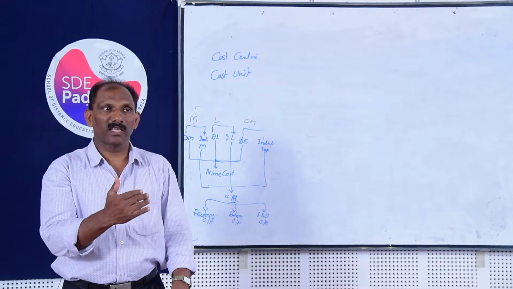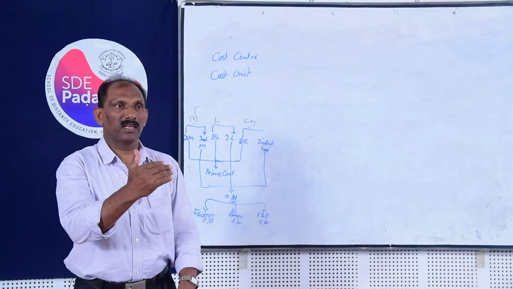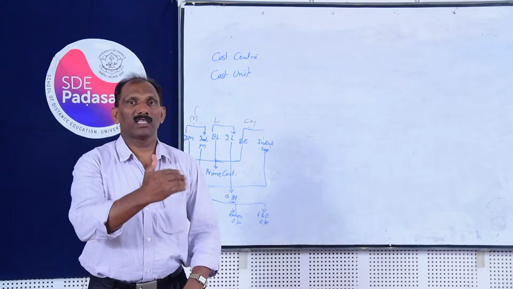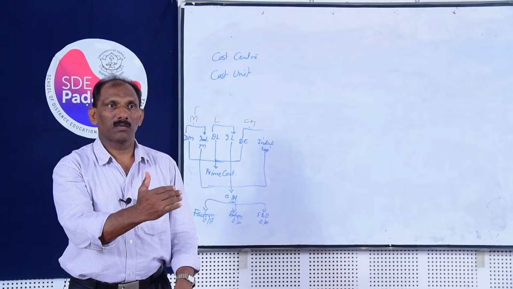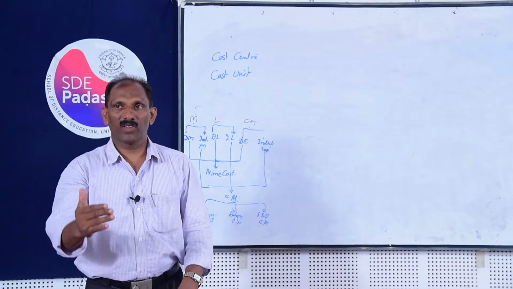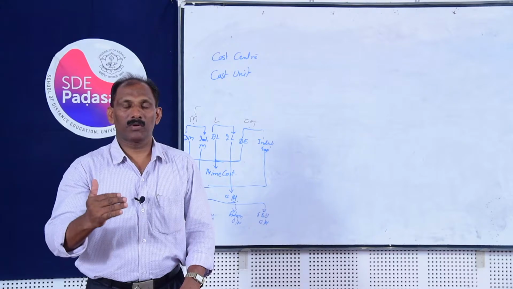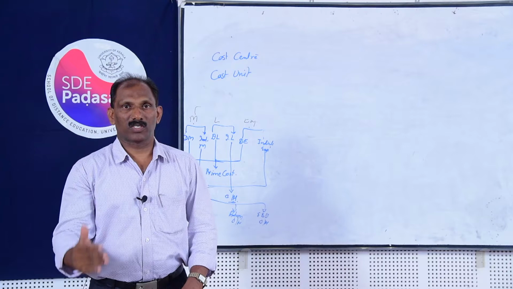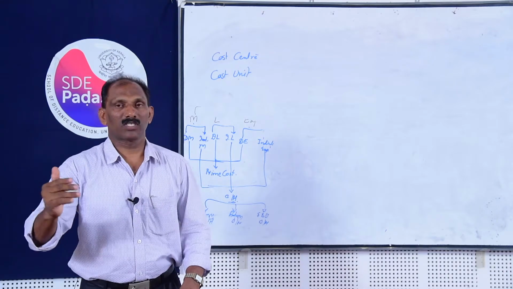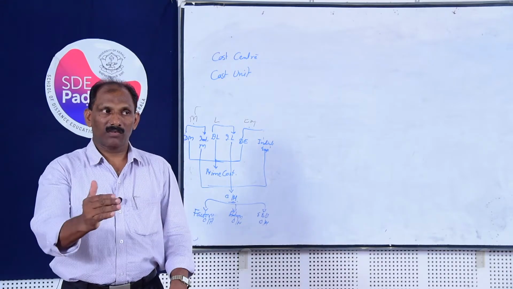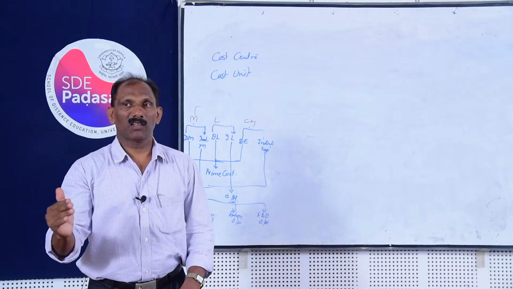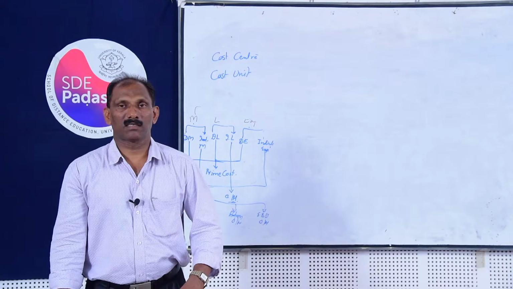Suppose you are hiring a place and paying rent, the cost is incurred because of hiring this place. So that location is the cost center. If you are appointing a person and paying salary, he is the cause of cost. So he is the cost center. All the purposes for which we are paying money are cost centers.